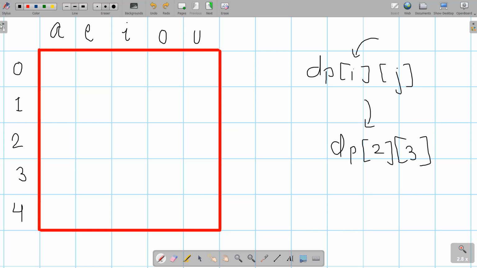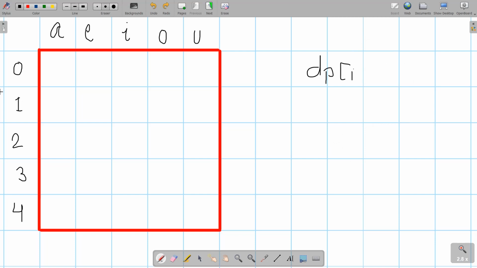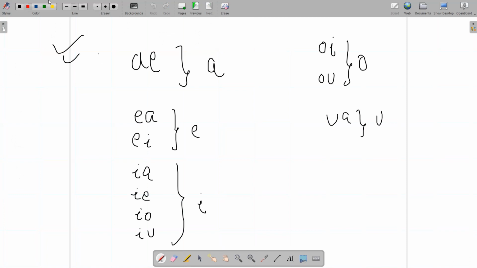How are we going to do that? Note that I am filling up the DP table in a reverse manner, and the reason is quite simple. If A must be followed by E, I can just fix the next character. If I want my current character to be A, I will check only the character E. If you're not getting it right now, no need to worry, I'm going to explain with the help of the dynamic programming table.